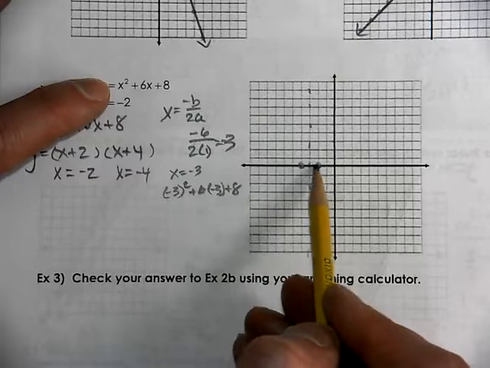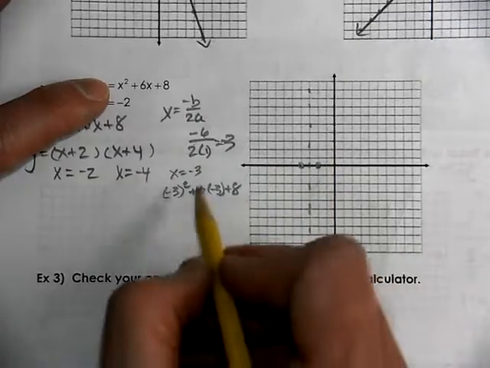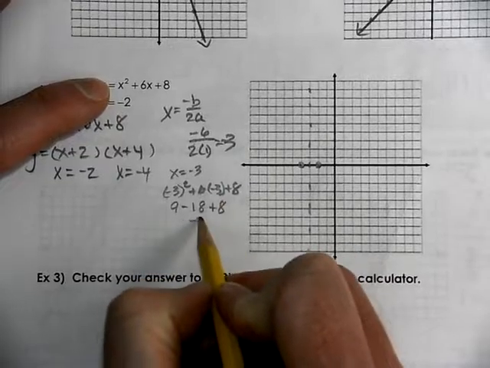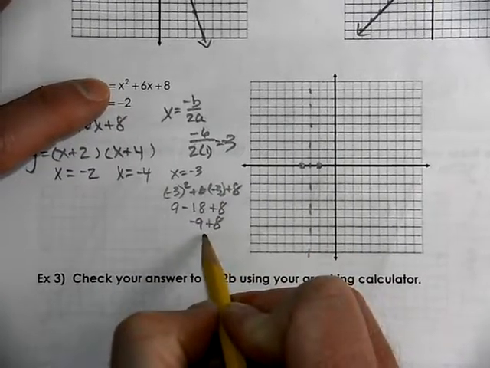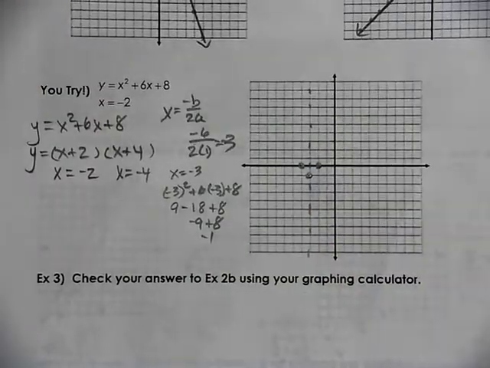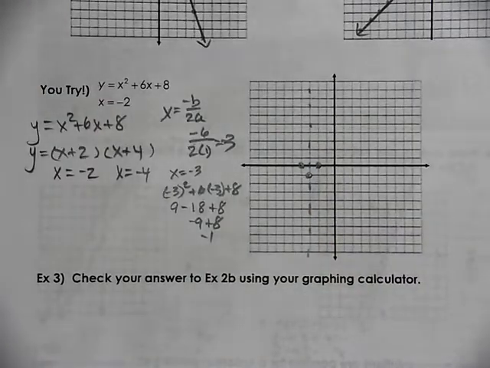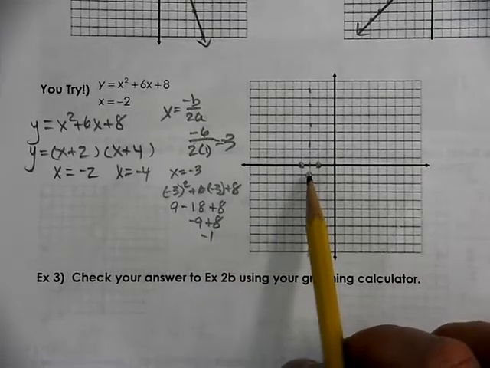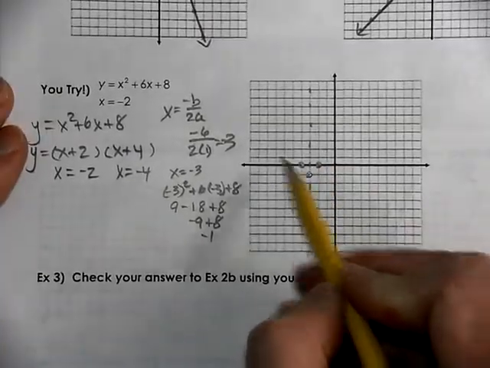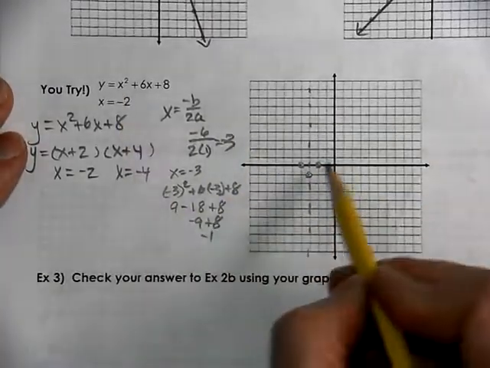That was the value in between our two x-intercepts. So we have a y value of our vertex at -1,